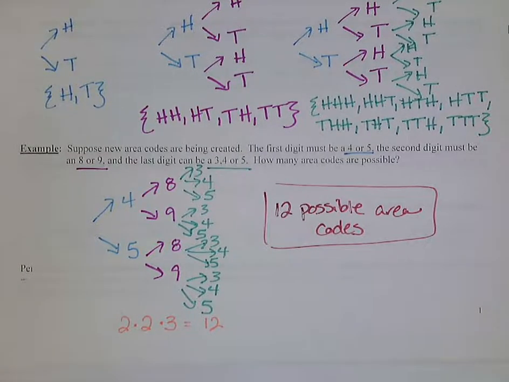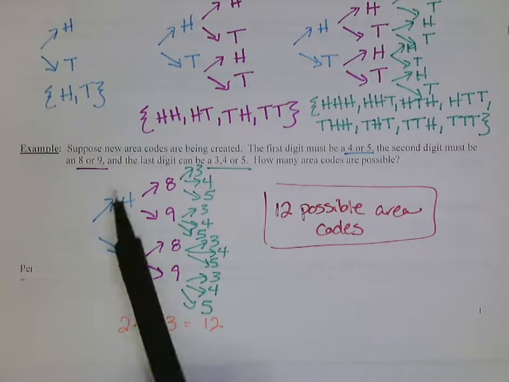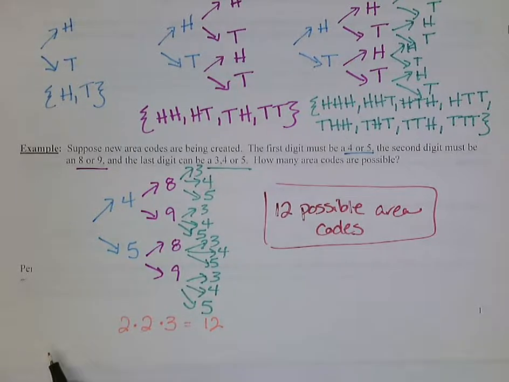But again, the tree diagram allows us to see what all of those possible area codes are. For example, I can see that 484 is a possibility, or 485 is a possibility, or 583 is a possibility. So not only do I know the total number of possible area codes for my tree diagram, I can actually see what each of those would be. That's one of the advantages of a tree diagram, is we can actually look and see what all of the